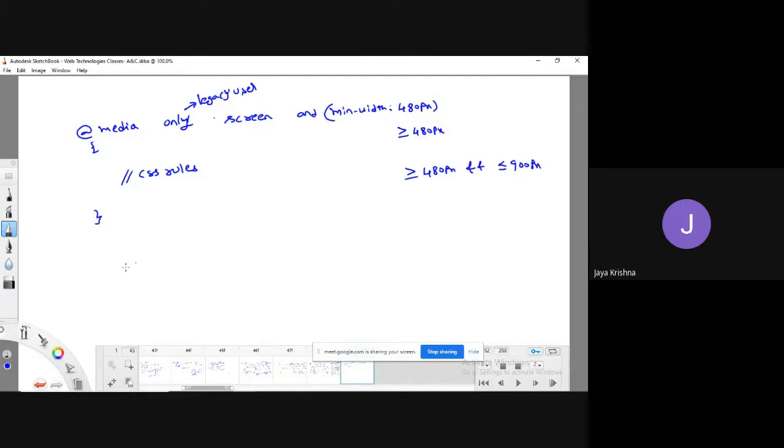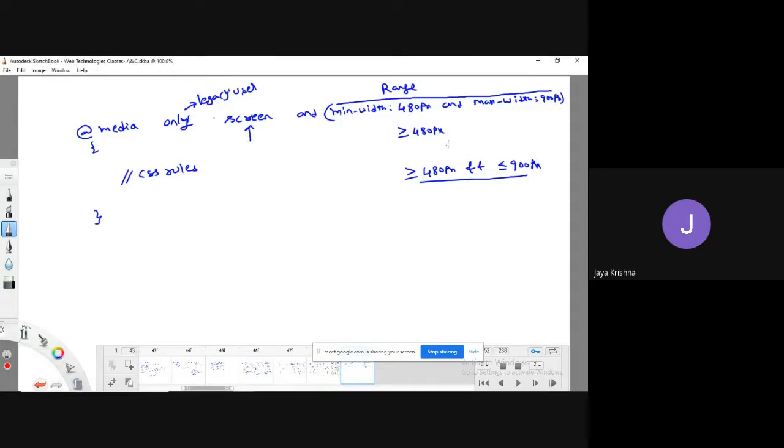Then I can combine, meaning that in this expression, I can write any kind of media feature. Maximum width is 900 pixel. So what is the meaning of this one? Whether my device is a screen device or not, and its range is between greater than or equal to 480 pixel and less than or equal to 900 pixel.